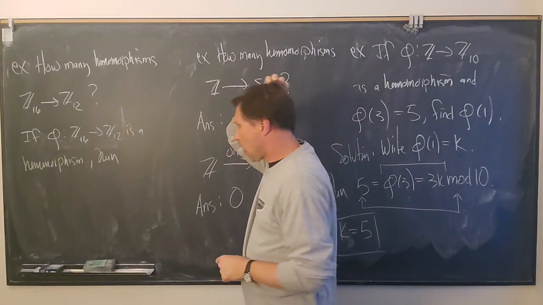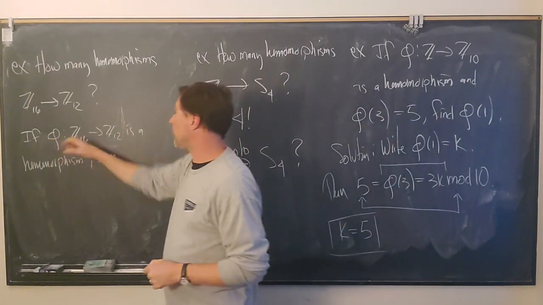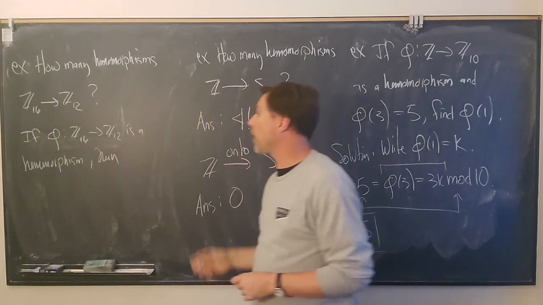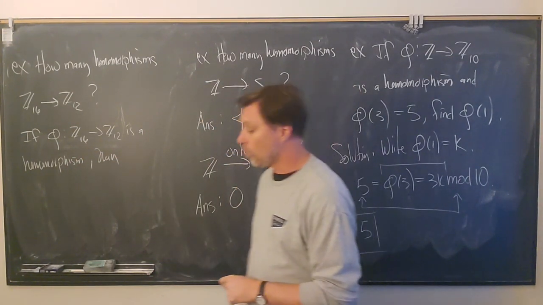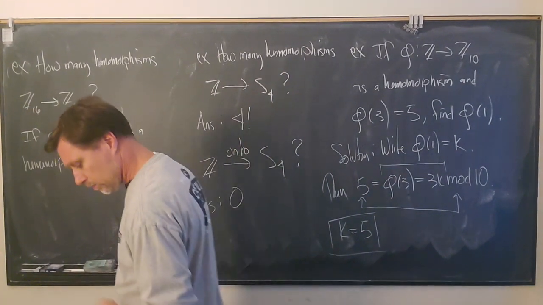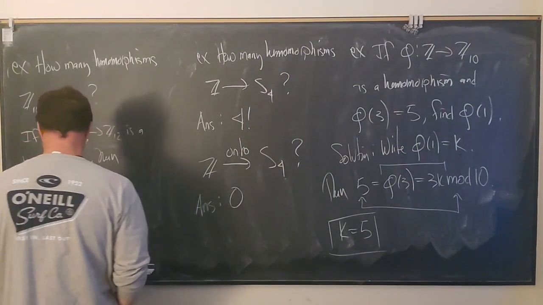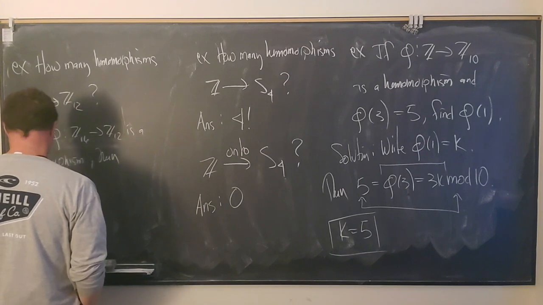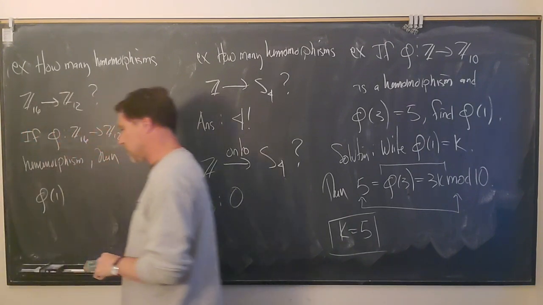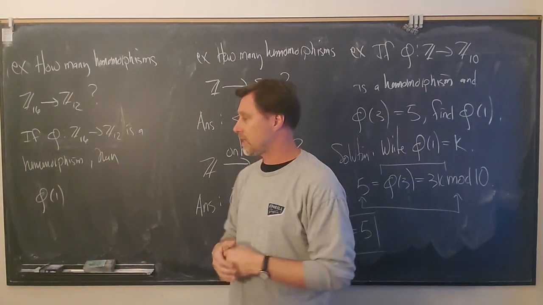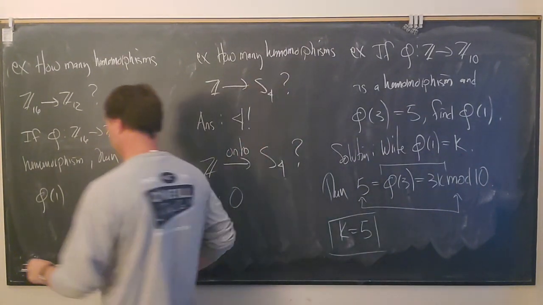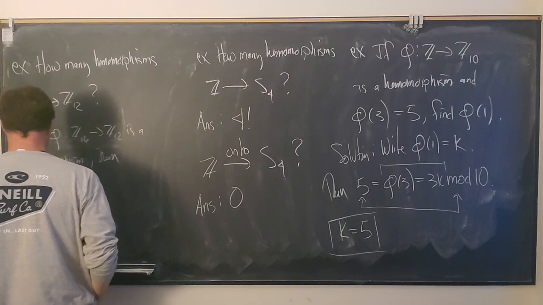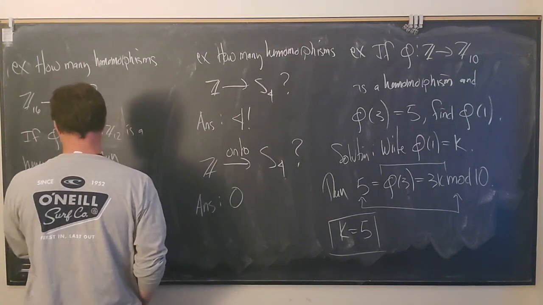A homomorphism from a cyclic group anywhere is determined by where it sends its generator. So what we need to do is say something about phi of 1. Whatever it is, phi of 1 raised to the 16th power has to be the identity. Now remember, because we're in an abelian group, it's really 16 times phi of 1 has to equal 0